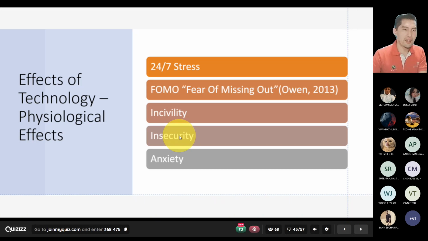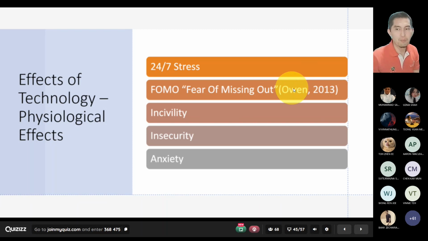And as an effect of all the time that you spend there, there are psychological effects that come together with it. Sorry about this, there's another typo here that I missed out. So 24/7 stress. The stress here is related to the need for you to either be entertained or be furnished with certain types of information. It comes from those needs, and when you don't get them and don't know about them enough, this creates stress, right? FOMO, as written here,